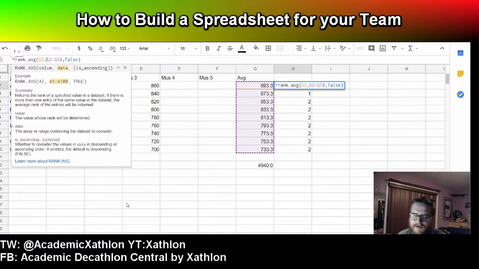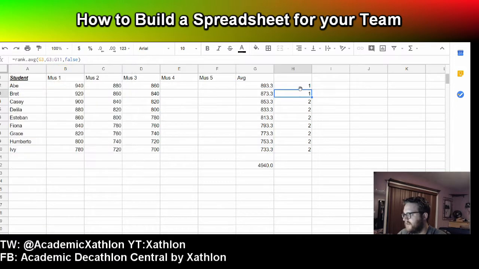But you wouldn't know how it works if you haven't done this before. It is all about the money. You take the dollar sign, you put it in front of the thing you want to freeze, right? Now, what I mean by that is that you have to put it both in front of the letter and the number. Right? So, for example, if I just do the numbers here, right, it will only freeze based on